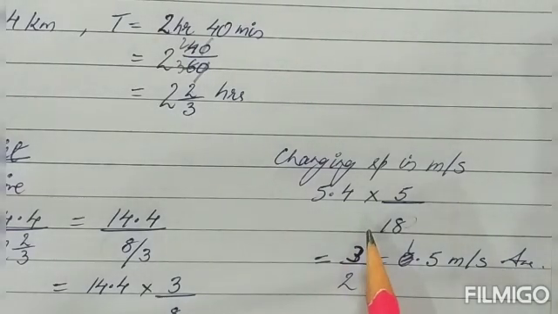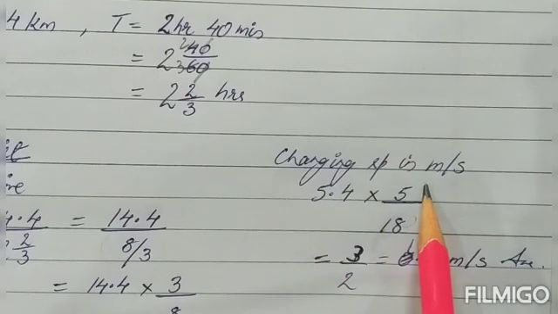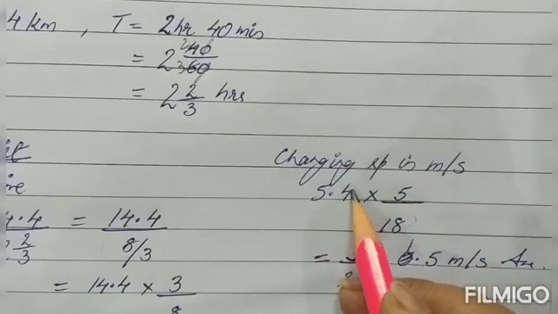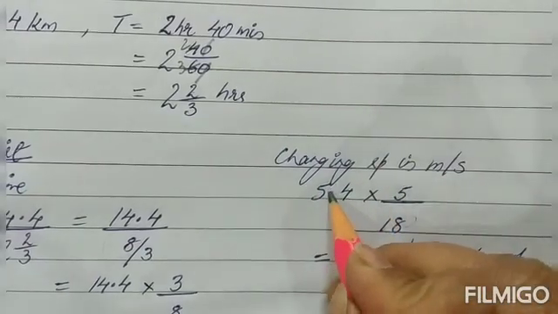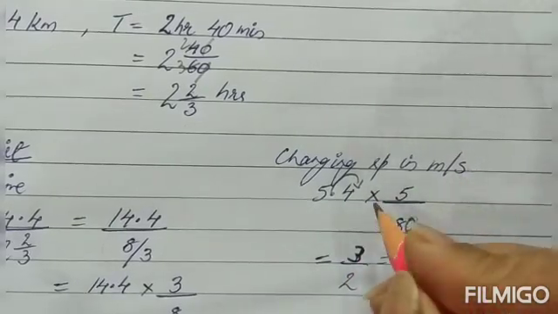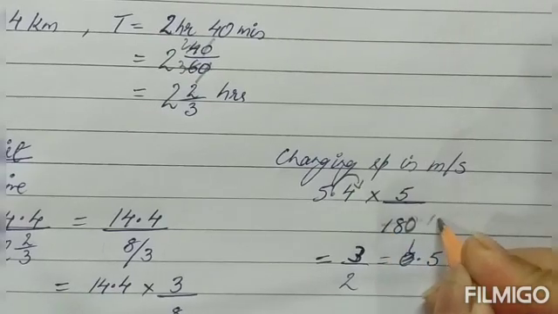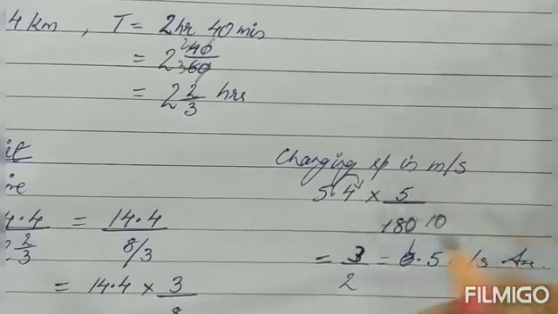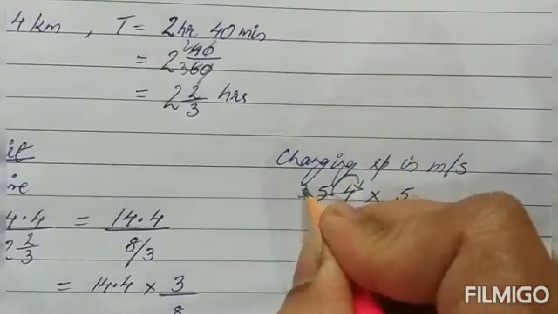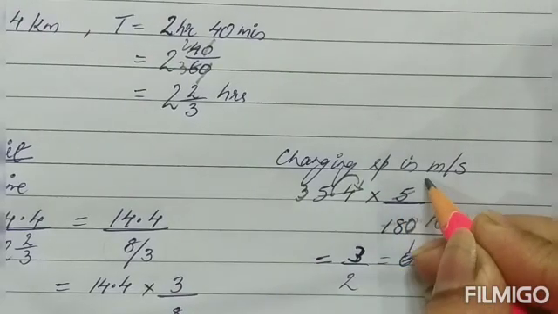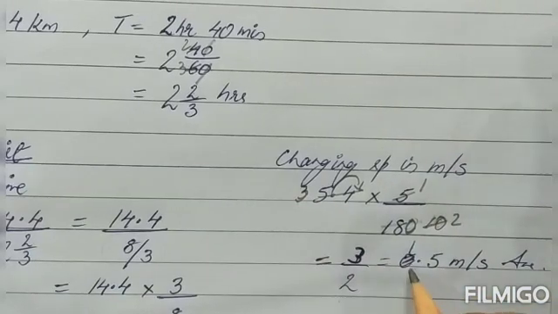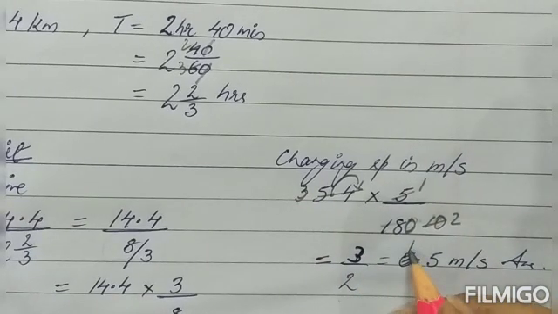Now we will convert, children, the speed from kilometers per hour into meters per second. So 5.4 into 5 upon 18. Again I can remove a decimal from here. I can add a 0. Right, now this time I'm not putting it above 10, I am adding a 0 over here. Then you can reduce it again, 18 1 0 10 times, and this will be how many times? It will be 3 times. 18 3s are 54, and this can also reduce 5 1s and 5 2s. So my answer is 3 1s are 3 upon 2, which when I change it into the decimal, children, I'll get 1.5.